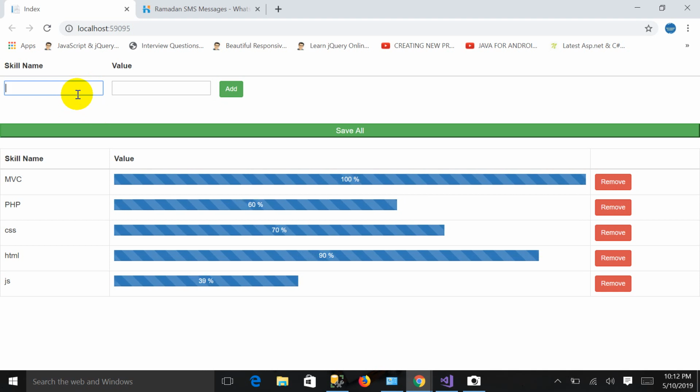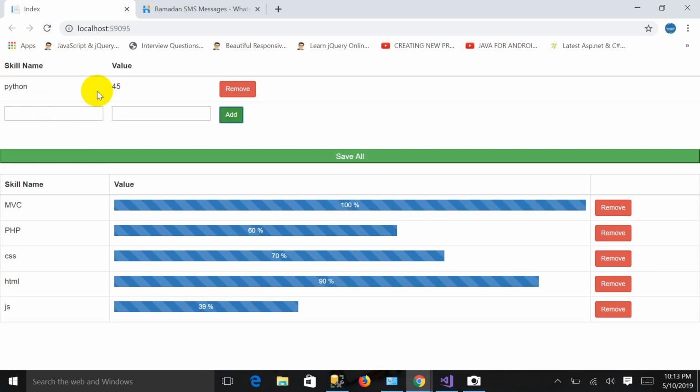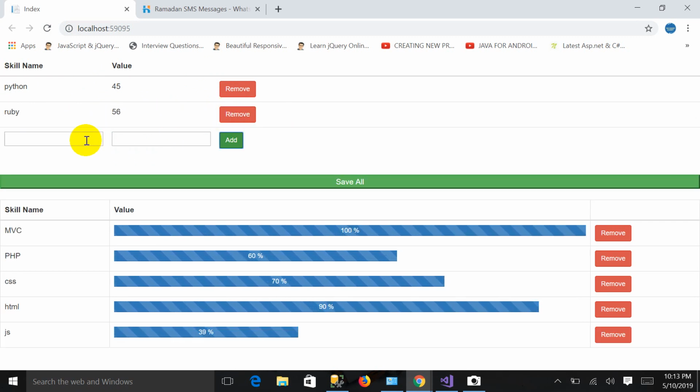So what is the target? When I add a new skill over here, suppose Python, and I rate myself just 45%. As you can see, this row is added to your HTML table, and I'm going to add some more items like Ruby and Rails 56 and MongoDB